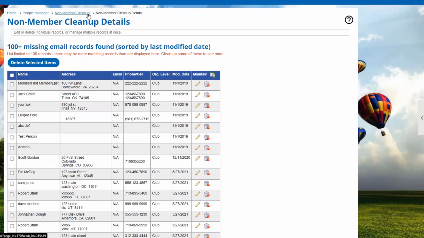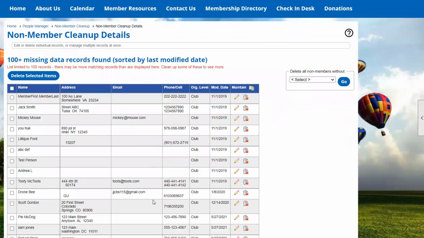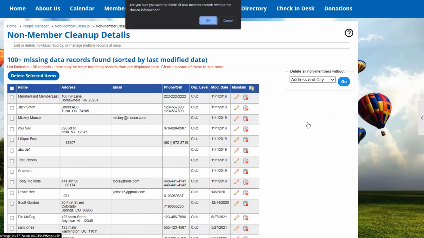Now let's go back into our non-member cleanup tools, and we can find non-members with any missing data. So not just emails that are missing, but even addresses that are missing too. And will you look at that? This is another one of my favorite sneaky little tools. On the right-hand side, I can filter, okay, well, I don't necessarily care about whether or not they're missing an email address because I'm getting ready to do a mass mail campaign. So I only want to find people that are missing an address in a city, and I can then delete